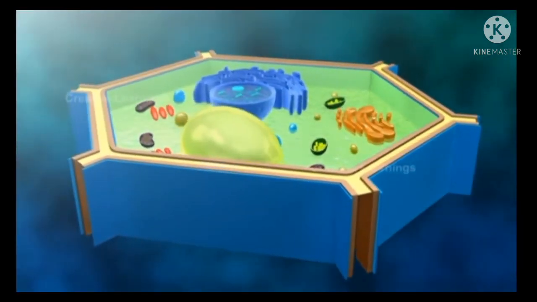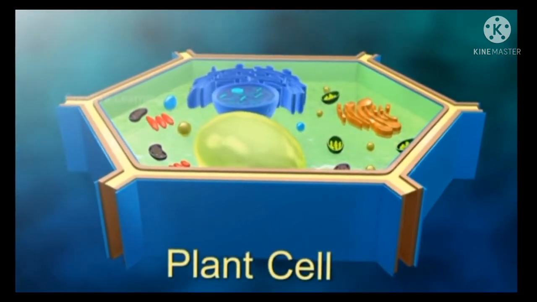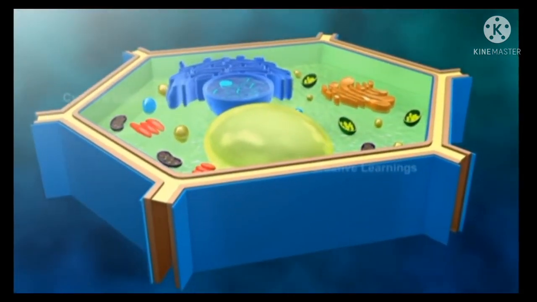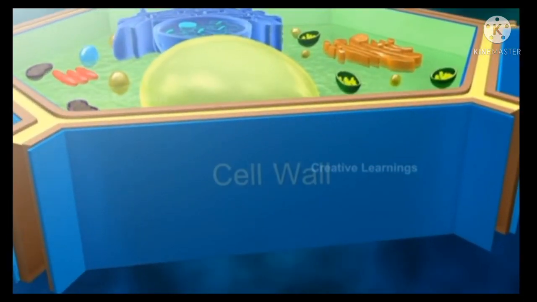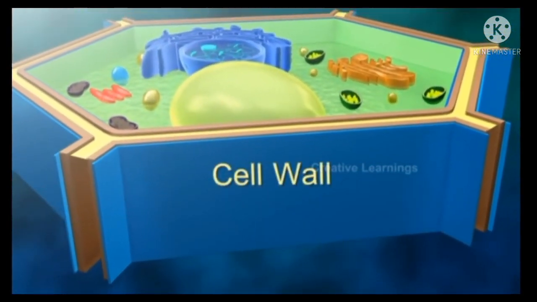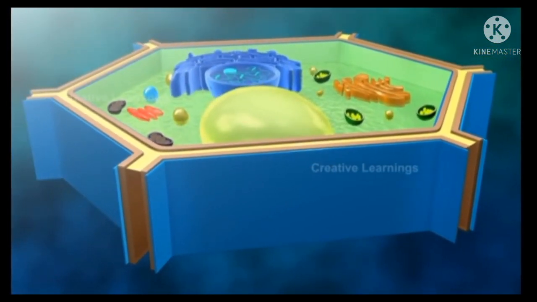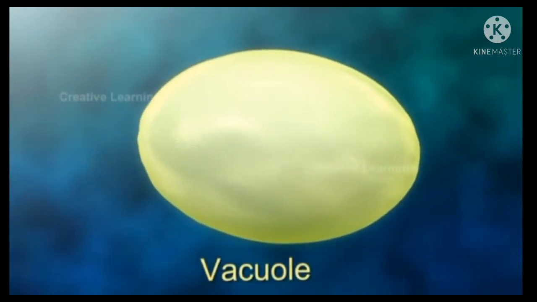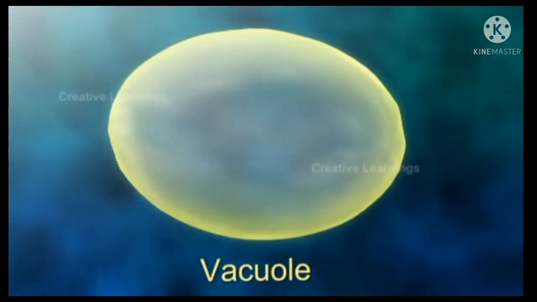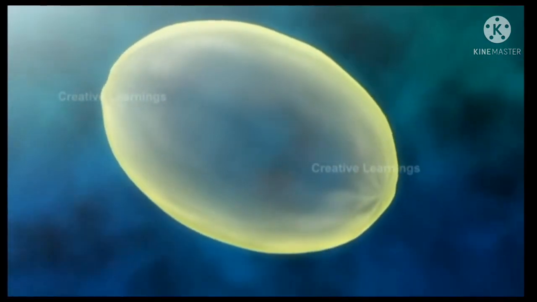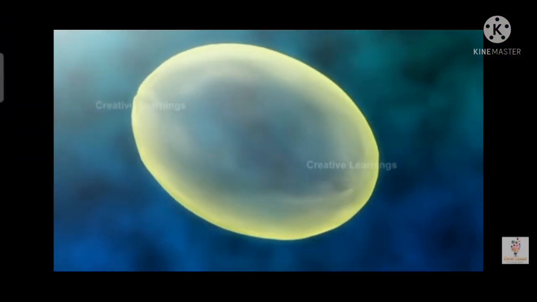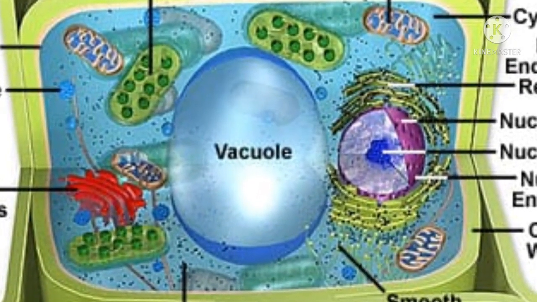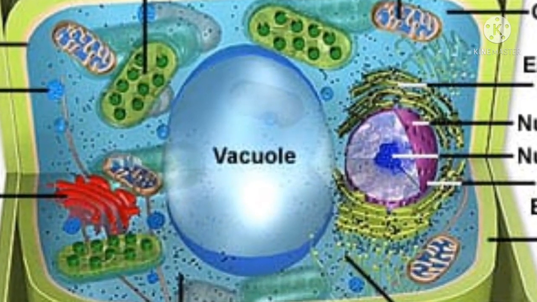Another type of eukaryotic cell is the plant cell. Both types of cells are similar, but there are three distinct differences. Firstly, plant cells have a tough cell wall around the cell membrane, while animal cells lack a cell wall. Secondly, plant cells have a large central vacuole, whereas animal cells may have a few small ones. Vacuoles are single membrane bound organelles which are required for storage and waste accumulation.